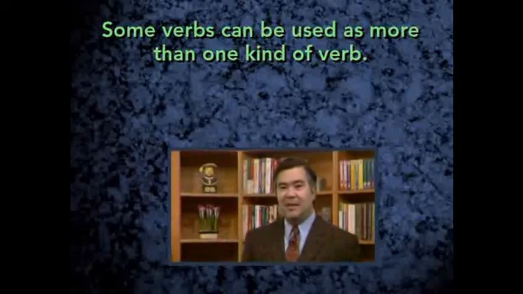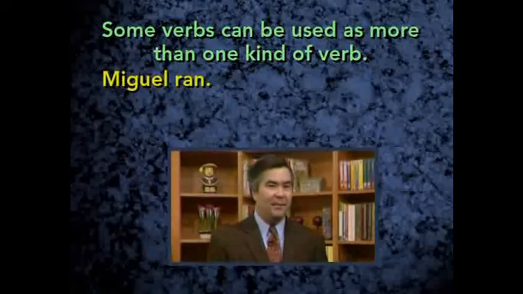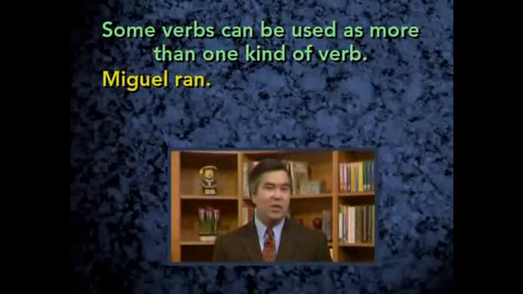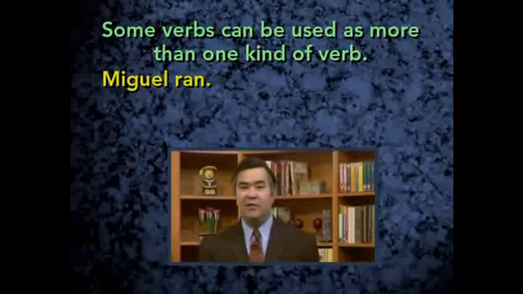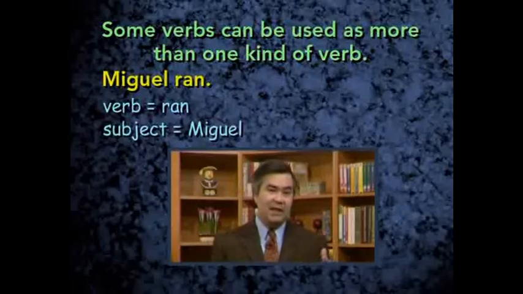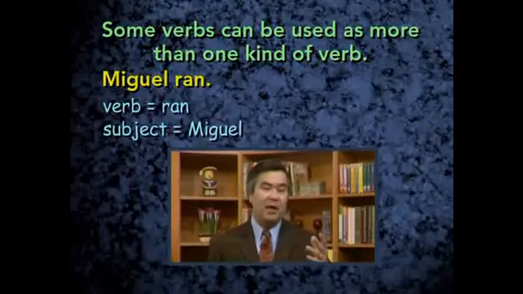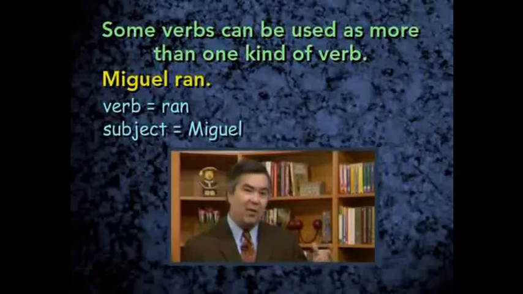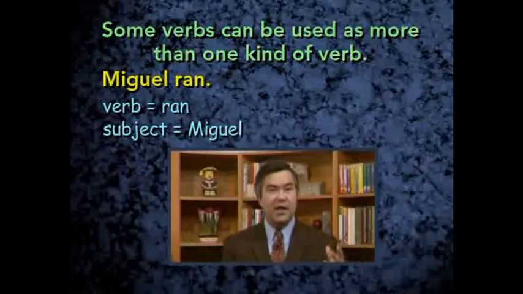Take a look at these examples. Miguel ran. Here's a short sentence which expresses a complete thought in itself. The verb is ran, the subject is Miguel, and when we read this sentence we understand Miguel ran. Perhaps he's a runner on the track team and went out running this morning, and we could say, well, Miguel